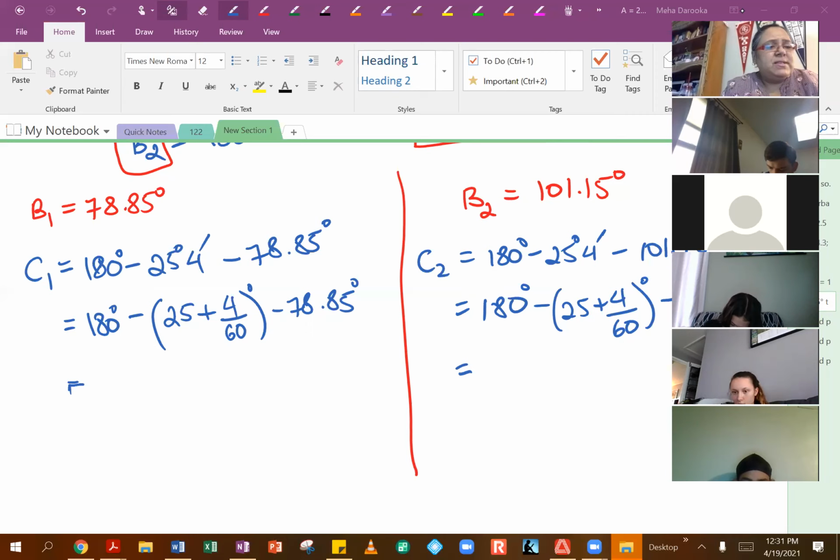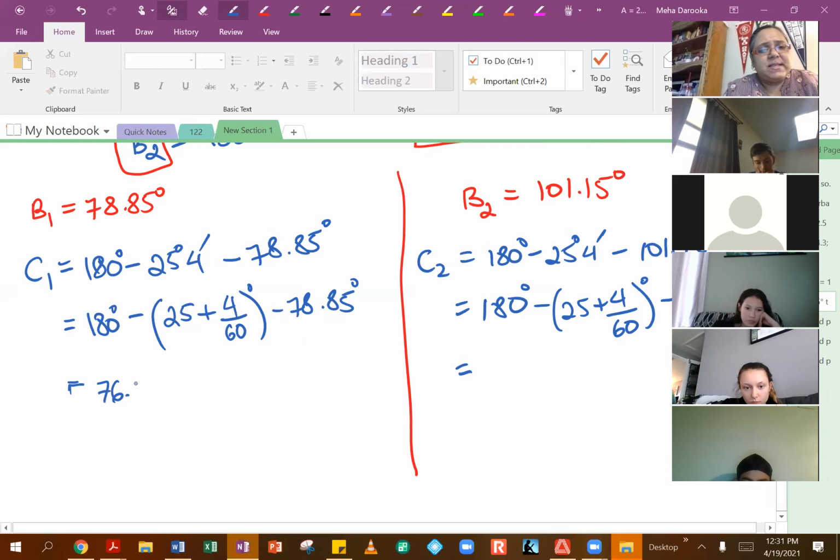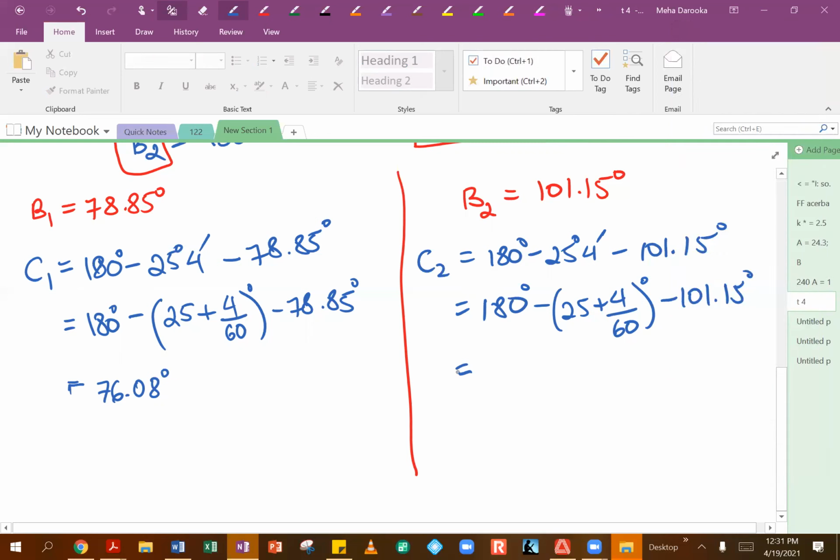All right, so if you do this calculation over here, guys, for the case 1 that I did in my example, your angle will come out to be 76.08 degrees. It's 0.8333 repeating, but when we round it to 2 decimal places, it just comes out to be 76.08. And then for the other side with the larger angle, yeah, that's what I came up with,